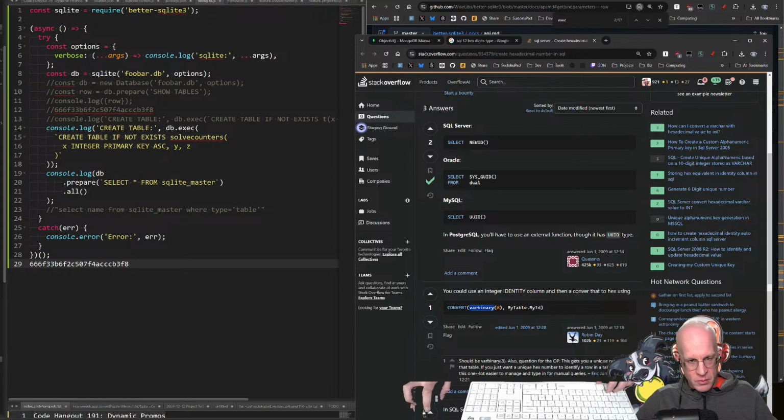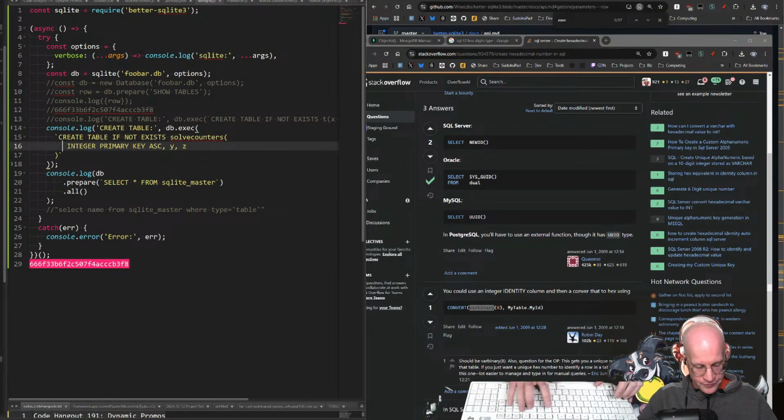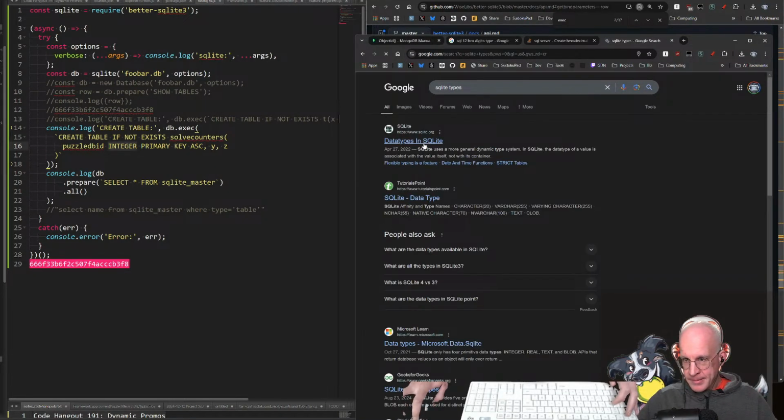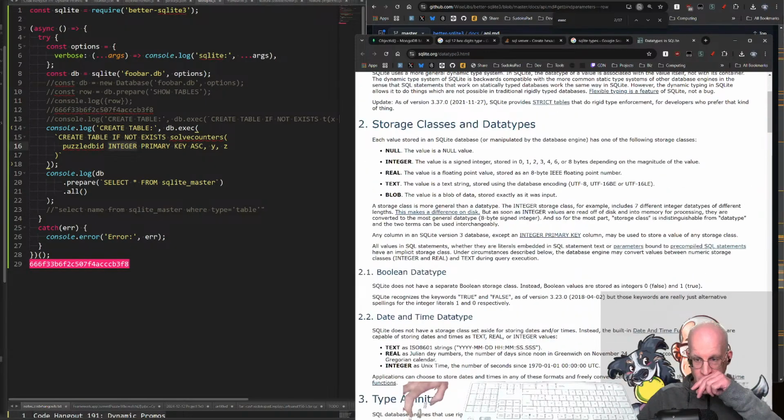Okay, so we should be able to do something like puzzle ID, puzzle DB ID, and it's not var binary, so SQLite types. Okay, so now integer